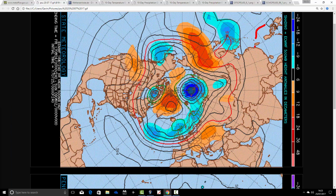The ECMWF is very similar. Again, we've got this trough closer to the country, maybe not quite as deep as the GFS, but low pressure is in control coming in off the Atlantic with the jet stream as well. And they both imply that we're going to have quite a coolish and unsettled end to July